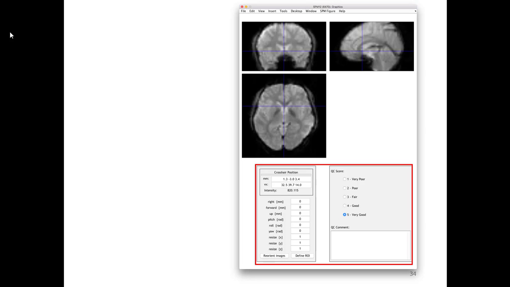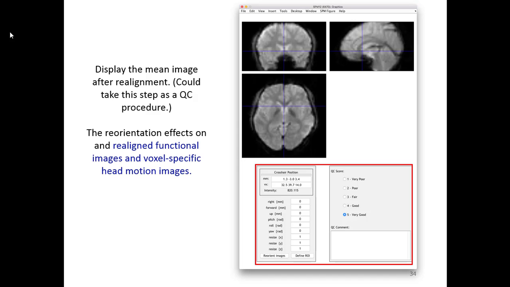You just reorient, give the pitch, roll, yaw parameters, and click the anterior commissure. It doesn't need to be very exact, but somewhere nearby is okay. And you just do quality control, give the quality control score, and give the quality control comment. And these are the details. The quality control scores are going to be stored in the working directory under quality control, and later we will use those scores to exclude subjects, and we will finally make a group of subjects which are suitable